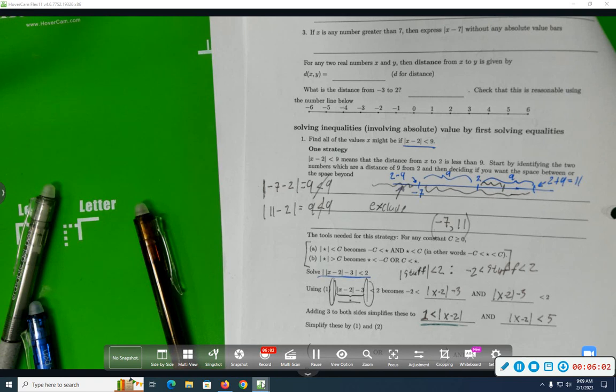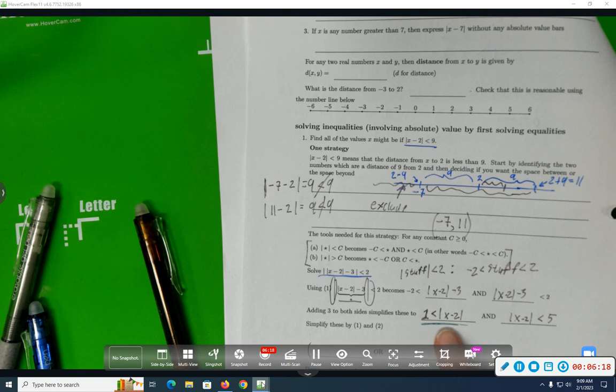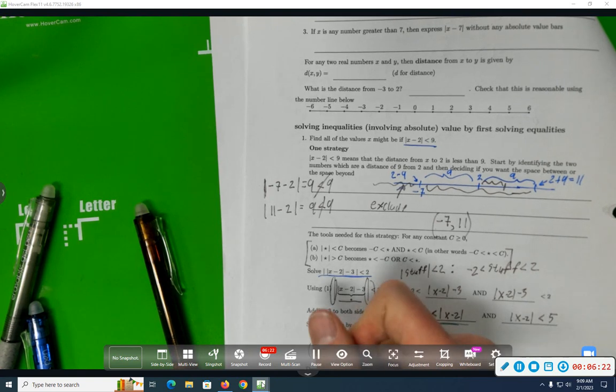Well, whenever you see absolute value is bigger than a number, that says either the number itself is big, or that number is big and negative. So, 1 is less than the absolute value of x minus 2 is going to translate to either 1 is less than x minus 2,